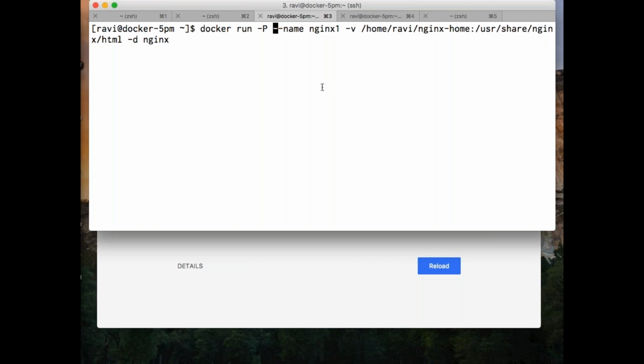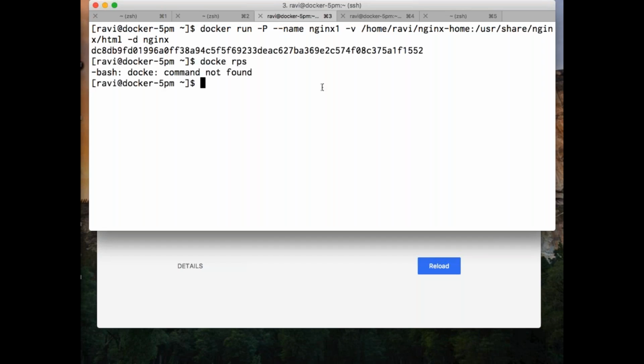Now, generally you see it in your web browser with the help of the IP address. But actually, it is running on port 80 of your container. If you specify -P, it will take one of the open ports, since you've got about 65,000 ports, right? It will take any particular port which is open. It will route the traffic of port 80, which is there on the container, to the specific port on your host machine. Right? If I run that,